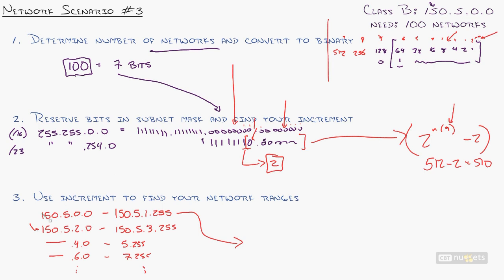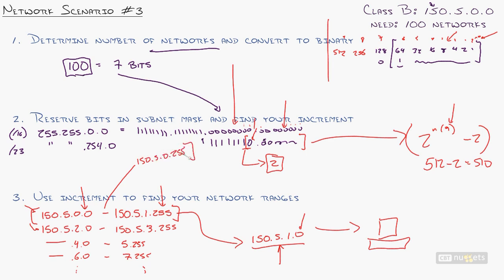Other thing that I want to mention here is that in this range, you're going to run across the IP address 150.5.1.0, right? Can you use that? And could I actually assign that to a PC or a router or some device? Yeah, I could. Because in these ranges, there's only one start and only one end address. Now, it's going to feel weird because we're so used to using Class C subnet masks that using anything with 0 or 255